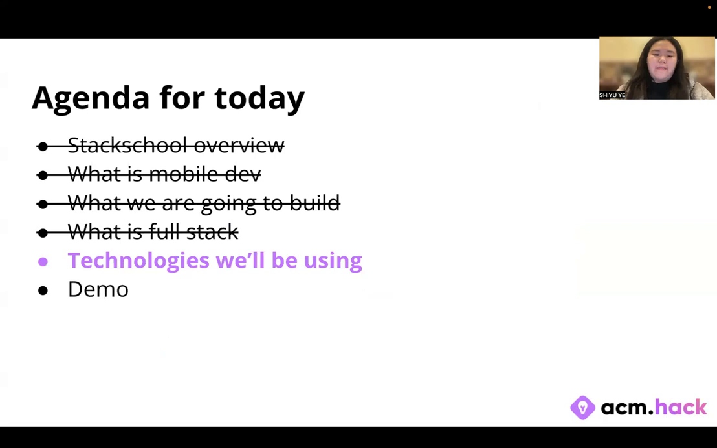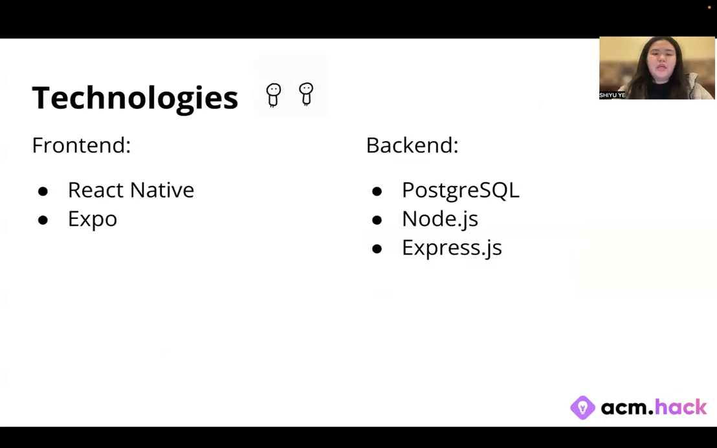Cool. So following that, let's introduce some technologies we'll be using to build our app. This is a list of all the technologies. Again, we're going to divide them into front-end and back-end. For front-end, we have React Native, Expo. For back-end, we have